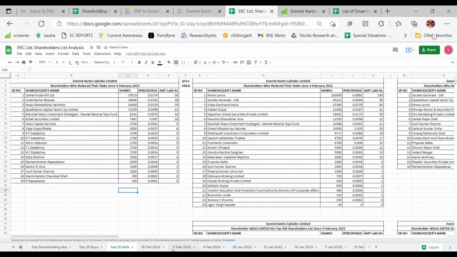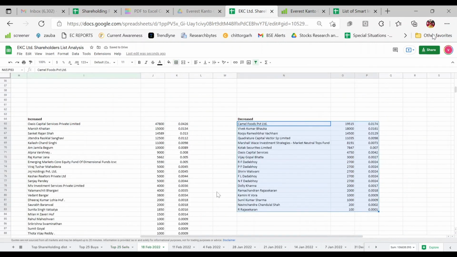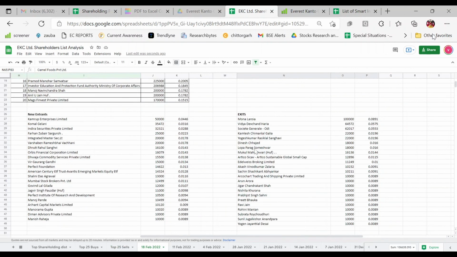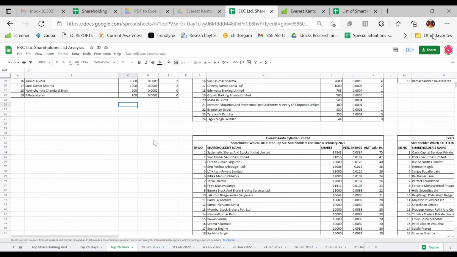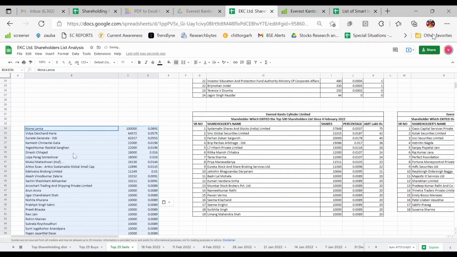Again, same procedure for the exits. Copy from our last list. We need the top 25, so we will just select the first 25. It is 23, so we will select all of them, copy and paste it in our top 25 cells. Format the same way we formatted the above list.